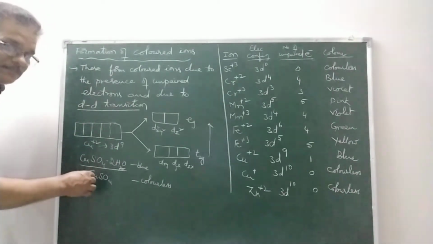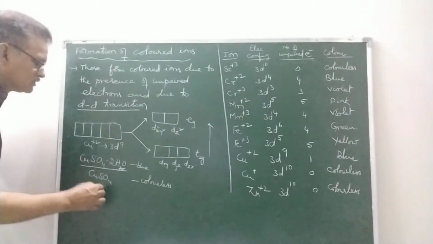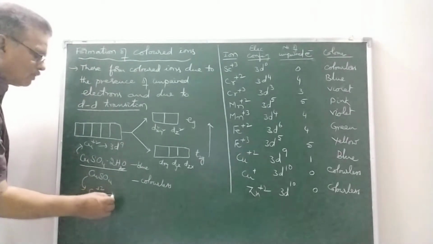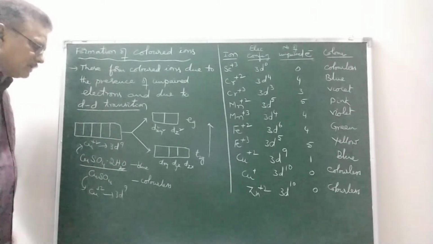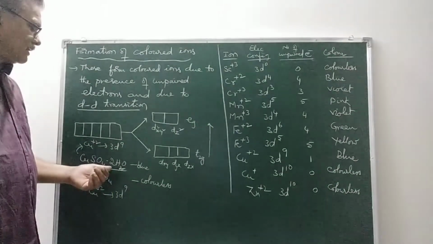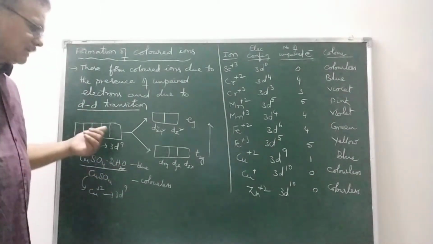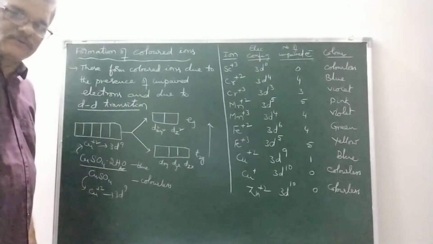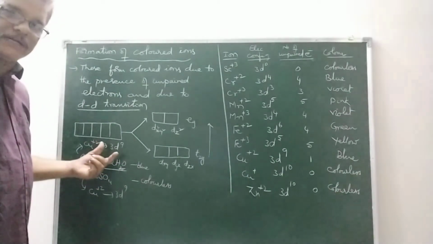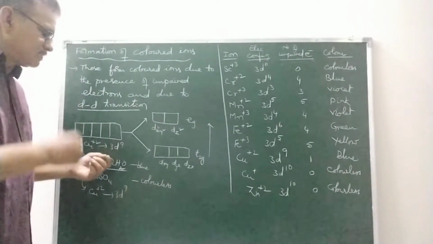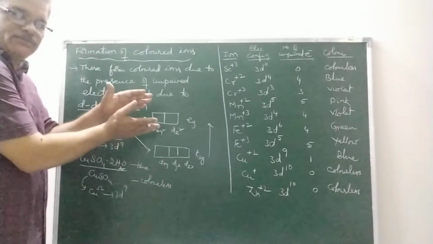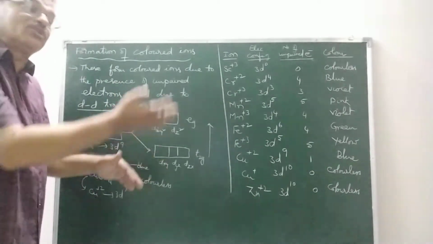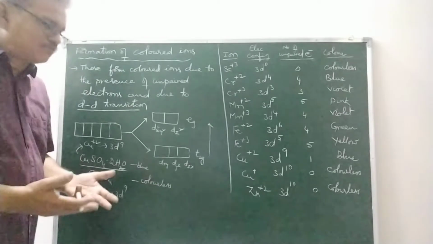In anhydrous copper sulfate also, Cu is in +2 state. So here also one unpaired electron is present. But this is colorless because as it loses water, the splitting, losing degeneracy, does not take place. In presence of water only, in presence of ligands, these split into two sets. Then only the unpaired electron present in one set of orbitals absorbs some energy. Otherwise there is no need to absorb energy.